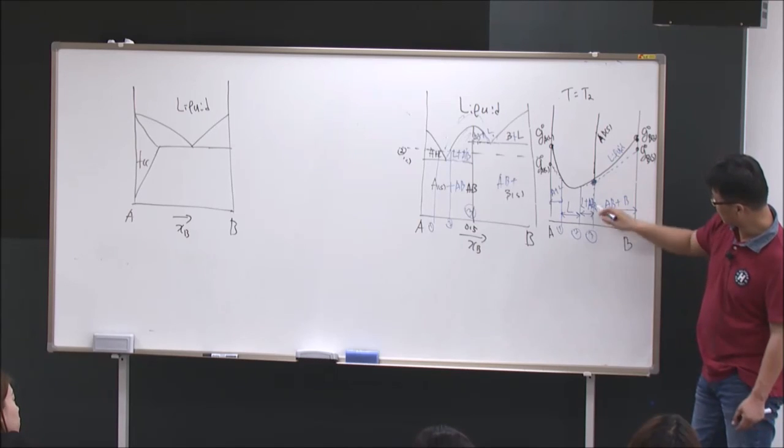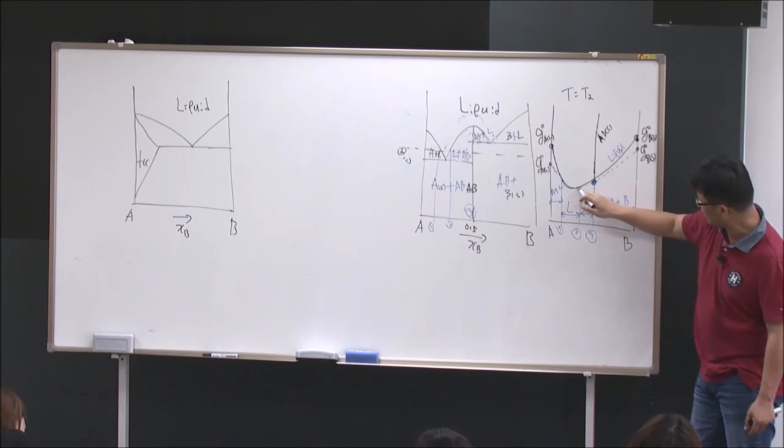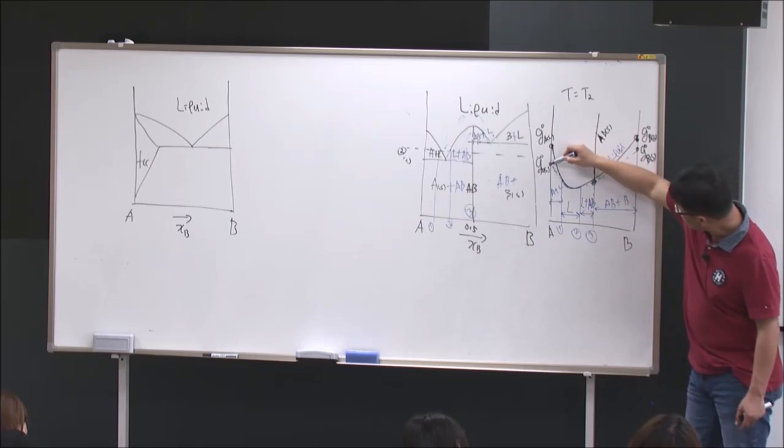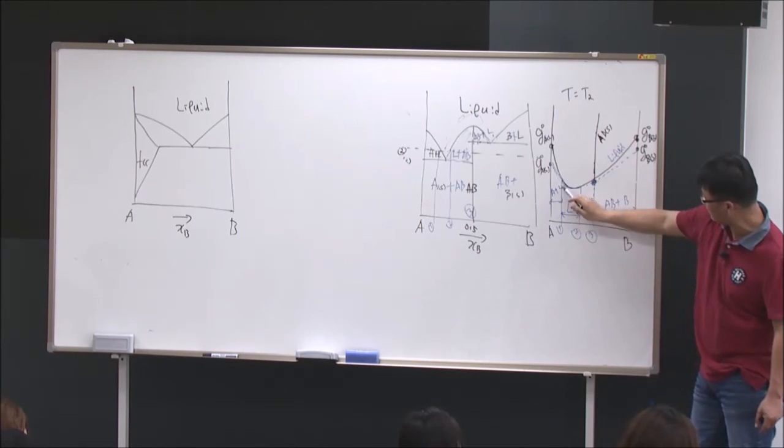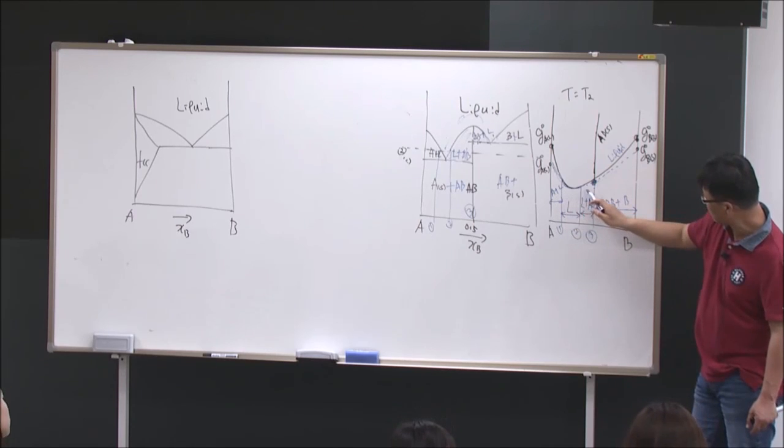So, if you have it like this, here you have the single liquid phase region. This one is a common tangent line between A and the liquid phase, and the single phase, and then these two